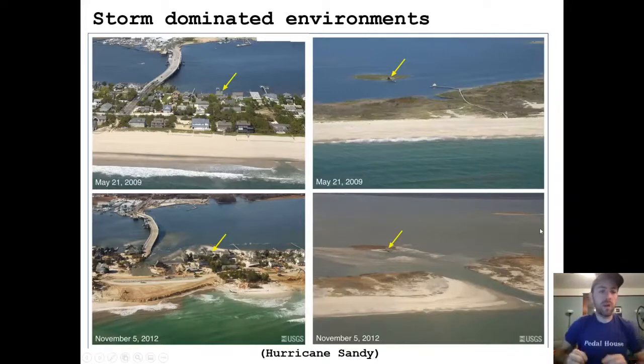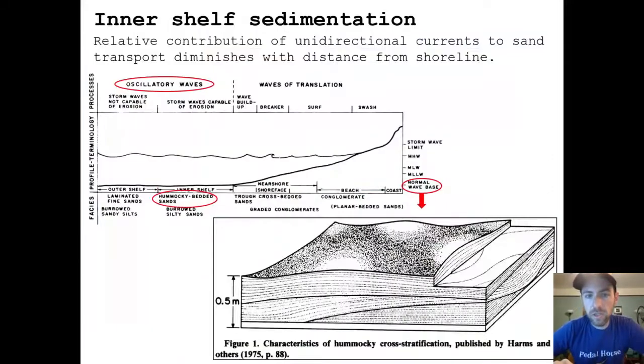Okay, so that's one way that you might identify a storm dominated or a storm influenced environment like this. Okay. Another thing you might expect to see, and I talked a little bit about this, is hummocky cross stratification. So if you're below the normal wave base here, you're off on the inner shelf, right? In this region where the storm waves are capable of impinging upon the bed, and they are capable of having enough sediment transporting power, enough shear stress that they can actually cause some erosion,